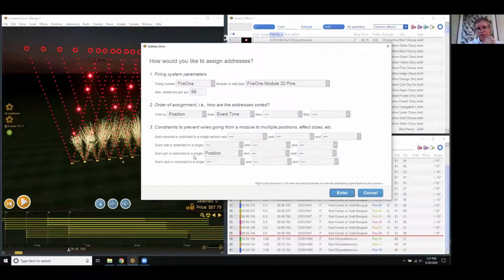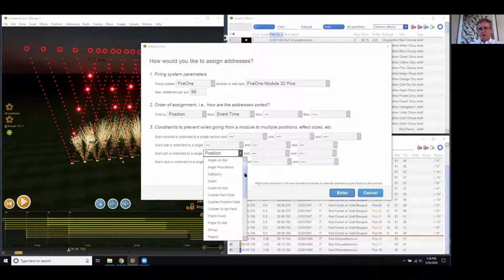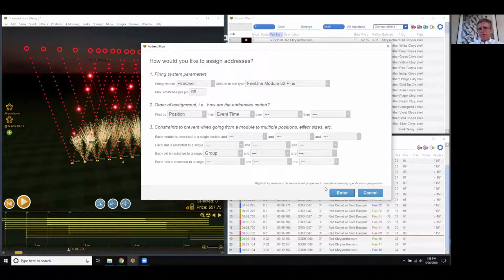But sometimes even within a position, the designer or the operator may want to have control over what effects are shared on a pin versus what not. You may have a way that works most efficiently for your crew to set up shows. So I'll give you just another way. There are multiple ways of doing this. Instead of restricting a pin to a single position, I'm going to restrict a pin to a single group. Now, if you remember Vitor's talk from yesterday,